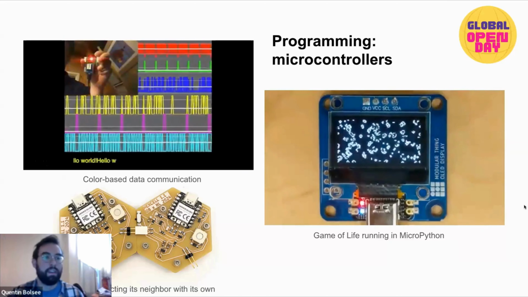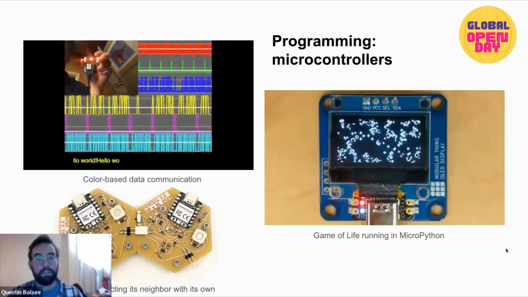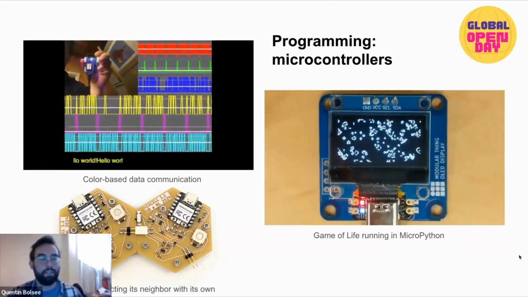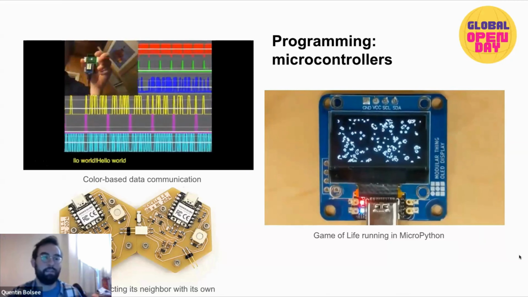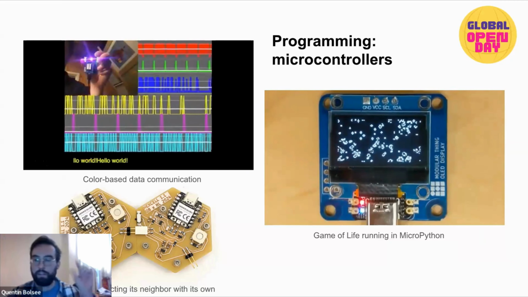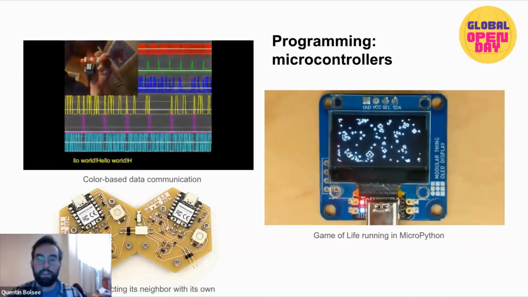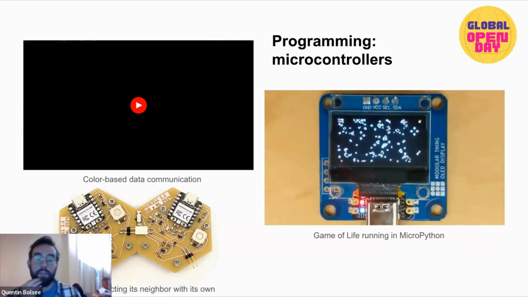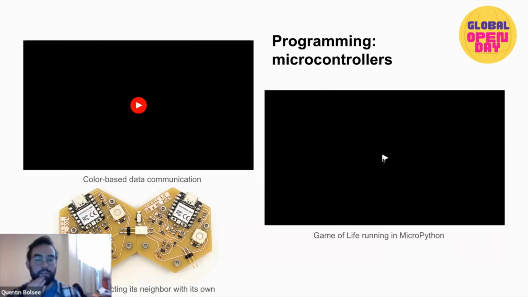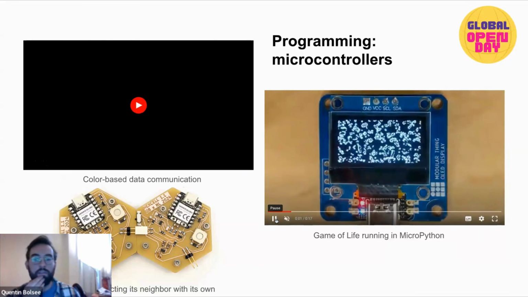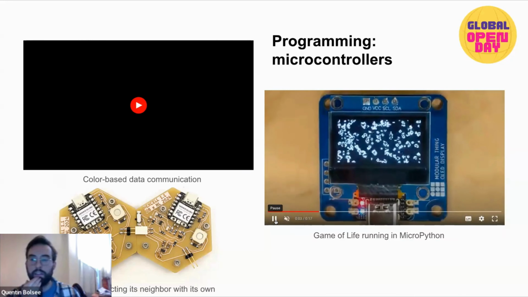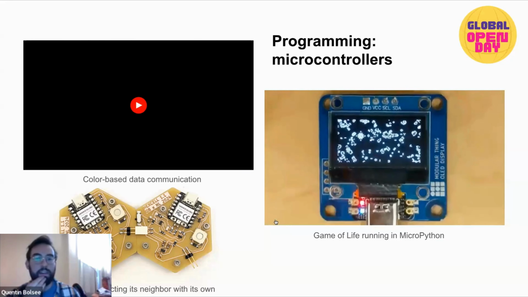So on the left is a color-based communication protocol that one of Hank's students designed. It lets you transmit data using nothing but a color LED and a camera. On the right is a game of life for the most nerdy of you. You probably know this math, game theory